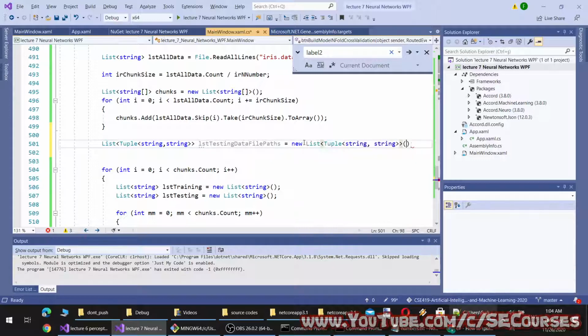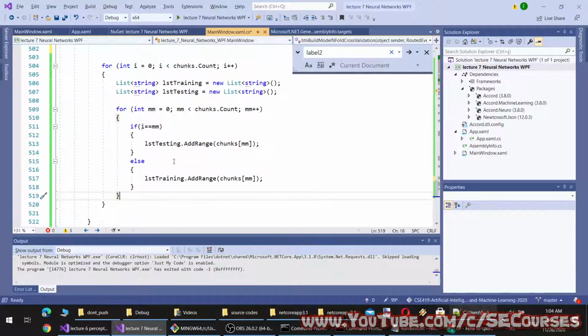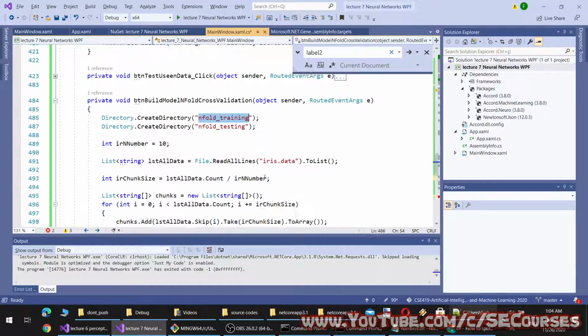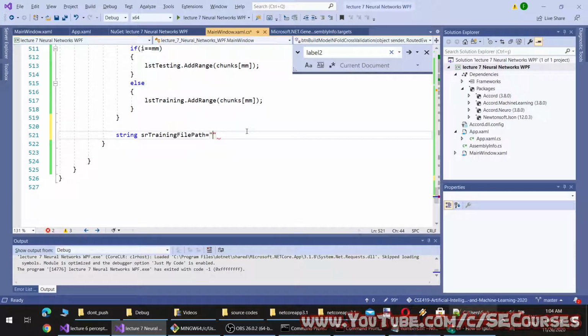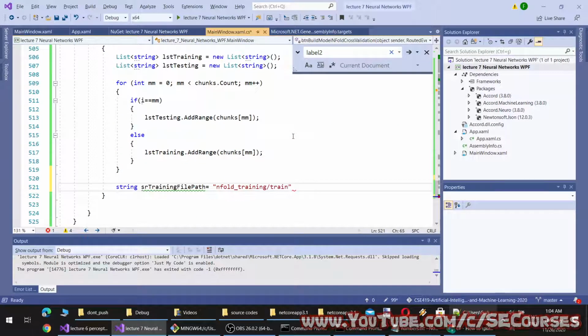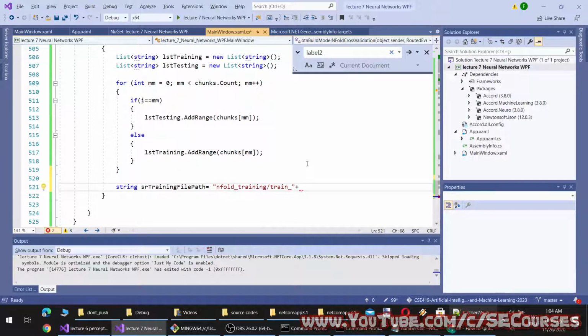Okay, so let's compose. It will be as training dot train plus I plus dot text.